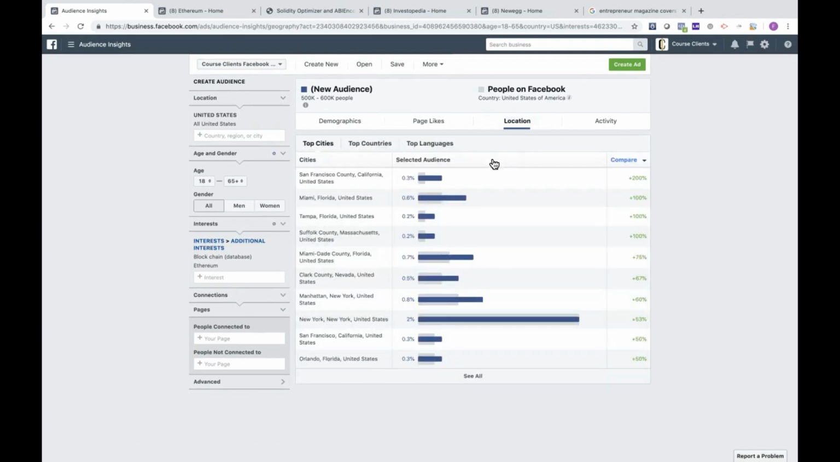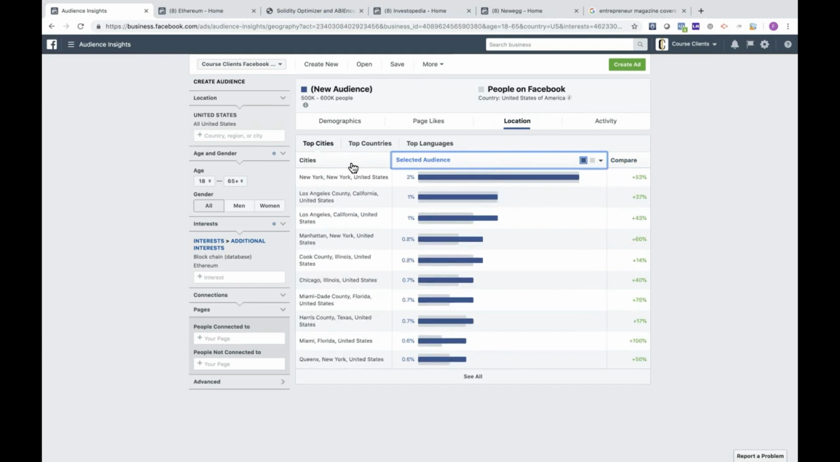Where are these folks physically located? And I can see there's a high concentration in like these top 4 or 5 cities: New York, Los Angeles County, Los Angeles City, Manhattan. So those are kind of two of the same thing, whether you target like the metro area or the city proper. Chicago, Miami. So if I wanted to really target or hone my ads in, I could go with nationwide targeting,